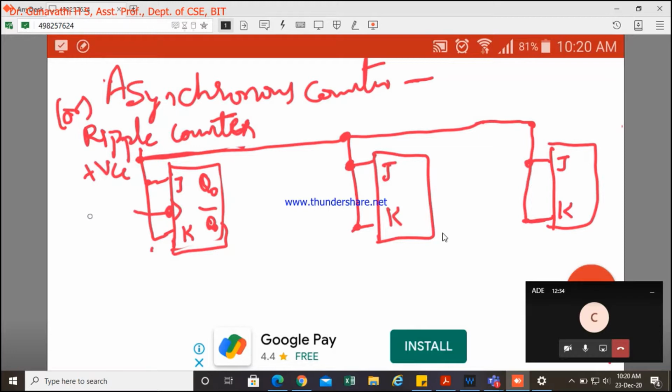The clock will be given only for the first flip-flop. If it is an up counter, the direct Q is connected as a clock: Q0, Q1, Q2. So the Q direct output is connected as a clock here. If it is a down counter, Q bar is connected as a clock. So we need to choose either of these.